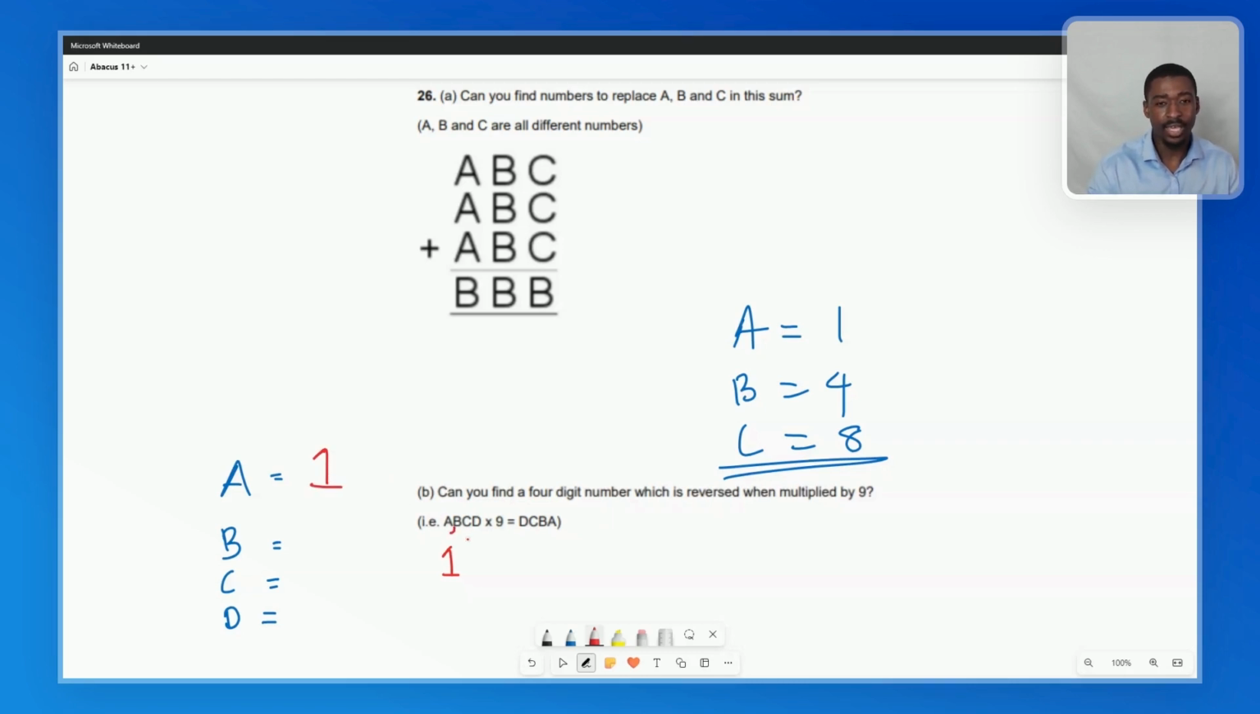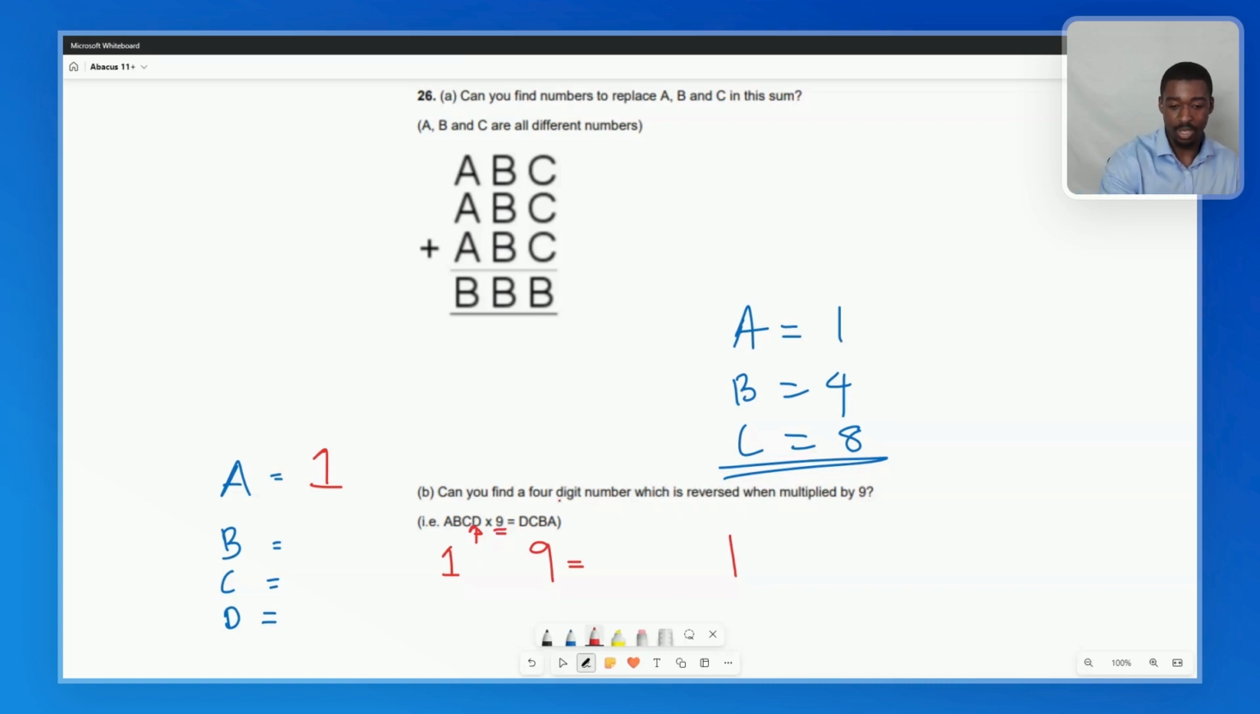Now, if A has to be 1, what does that mean? That means that when we multiply this thing by 9, the last number is also going to be 1, right? Because A equals 1. But if that last number is going to be 1, what does that tell us about the last number of A, B, C, D? It has to be 9. And the reason we know that, again, is because we're multiplying by 9. So that means whatever our last number is, when we multiply it by 9, it has to leave a 1